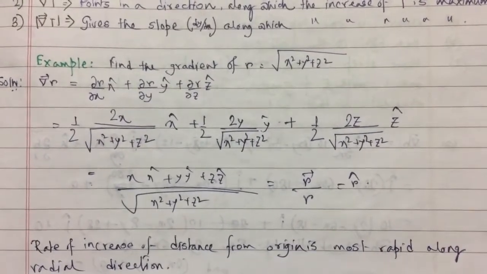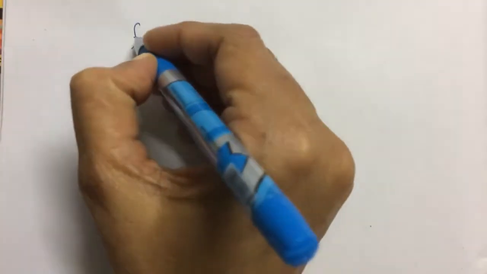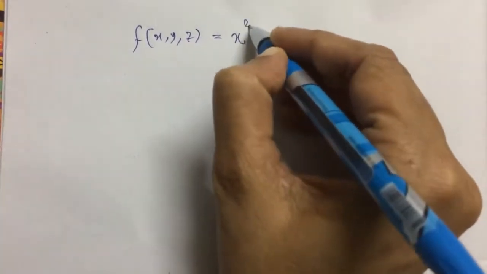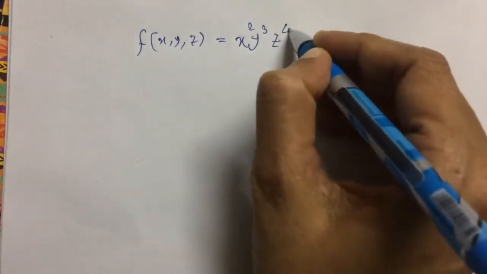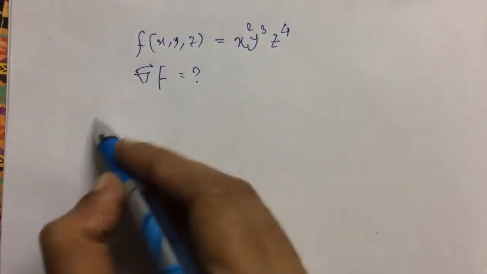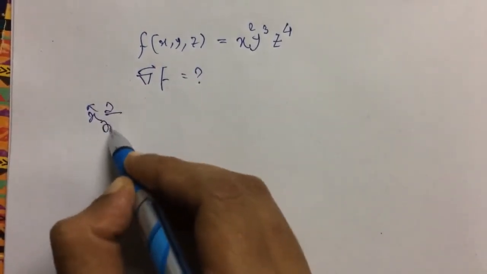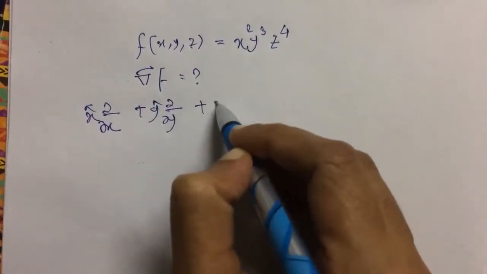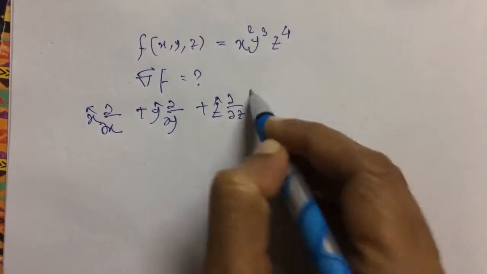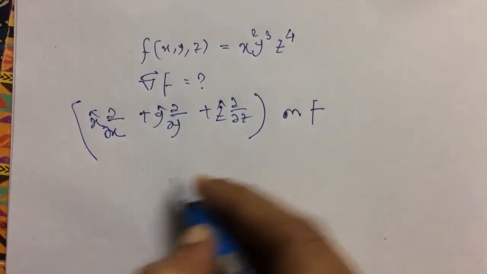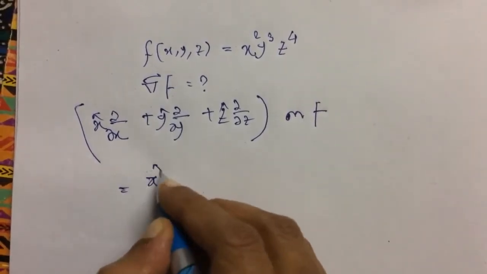Now let's find out the gradient of a scalar function. Suppose we have a function f(x, y, z) equal to x square y cube z to the power 4. We need to find out the gradient of f. So what we need to do is, plus z cap del del z, this is del, this is operating on f, so it will be x cap